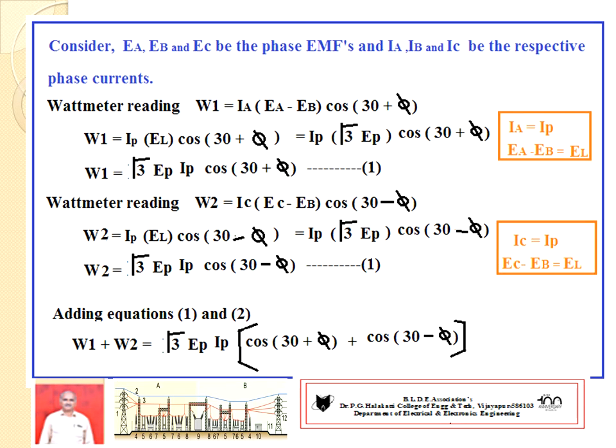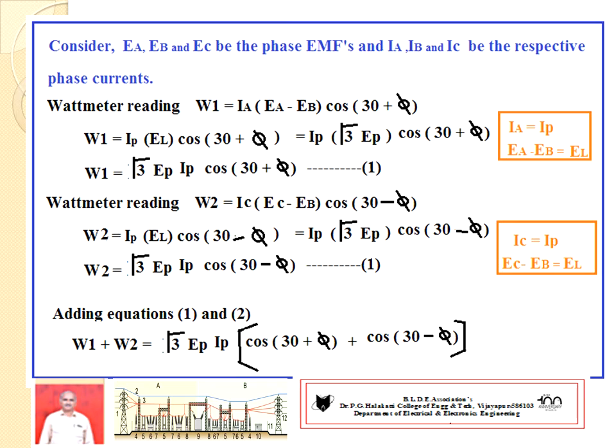If a derivation is asked in the examination, to show that 2 wattmeters measure 3-phase power, you have to draw the electrical circuit diagram, you have to draw the vector diagram, then the considerations, then you prove that. Okay. So these two diagrams are very important. Whatever logic you are taking in the electrical circuit diagram, that logic you have to show here in the vector diagram. From the vector diagram, we have to make the proof.